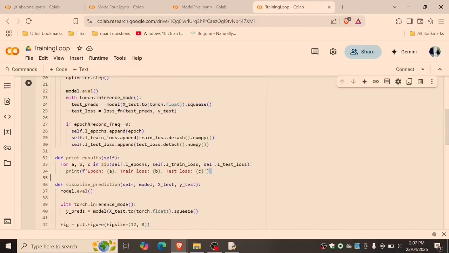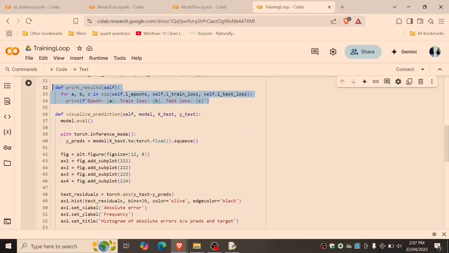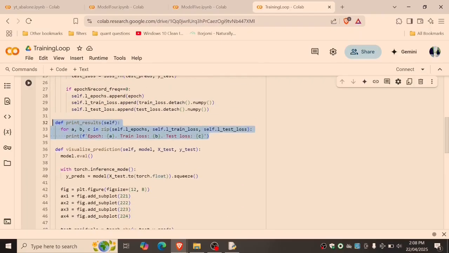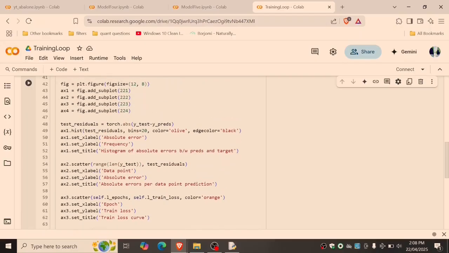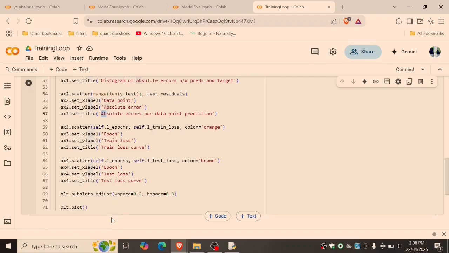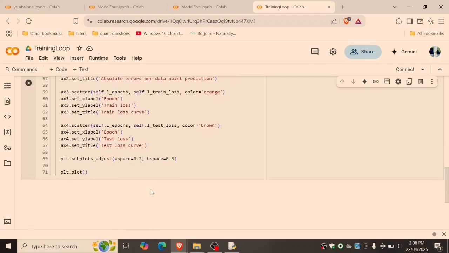And then we have another method where we can print the results, which is going to print the epoch, the train loss, and the test loss. And then visualize prediction is also in this class as well, and it uses those from earlier to visualize. So it's got various plots. One of them is the absolute errors between the predictions and target. That's going to be a useful one. And then absolute errors per data point prediction. And then we have the train loss and test loss curves. But we'll see that